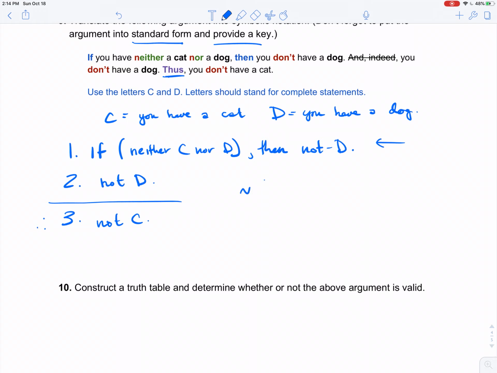There's 2 ways. Not either, or both not. And as we saw earlier, these are logically equivalent. But let's just go with this one, not either, neither. So if neither C nor D, then not D. 2, not D,